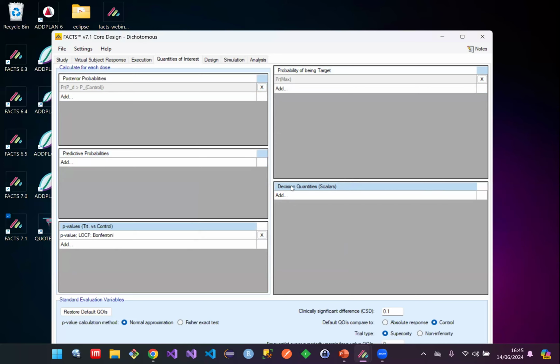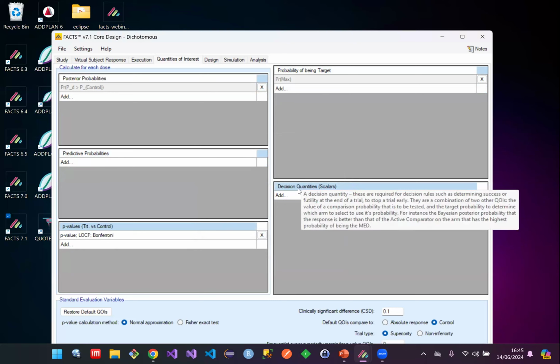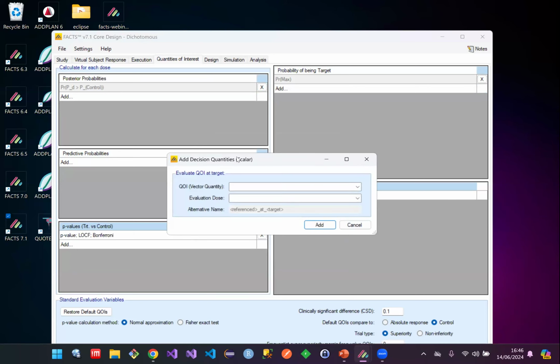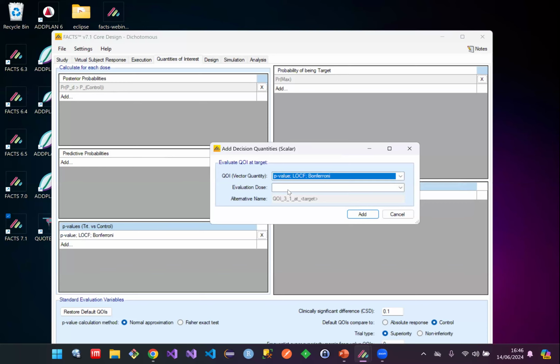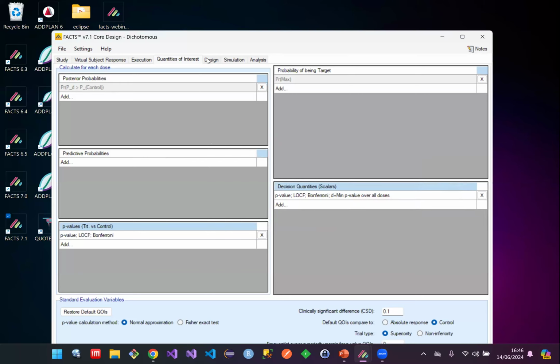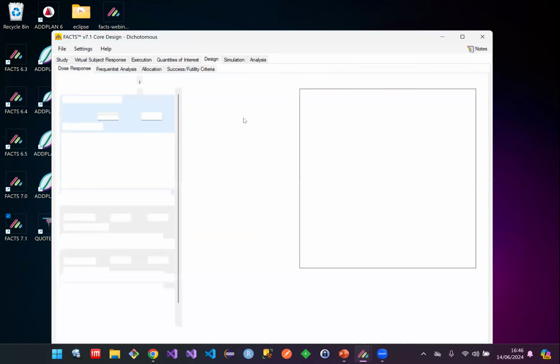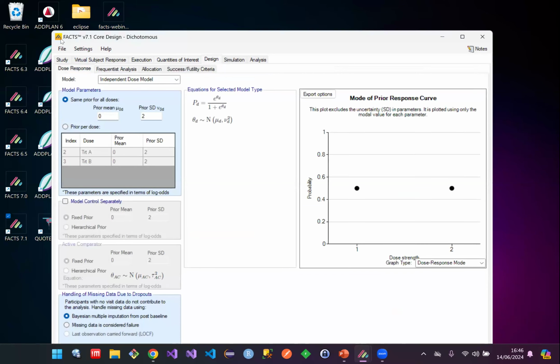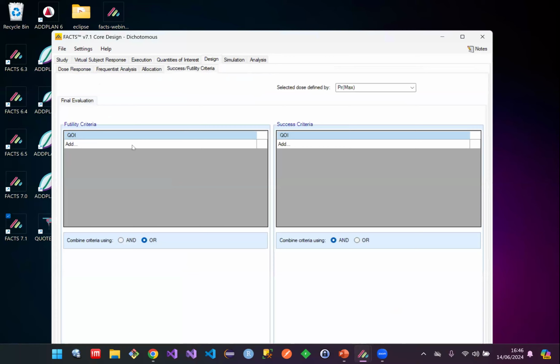I'm also told when hovering over the decision quantities that this is the place where I specify my decision rules to be used in the stopping criteria, including the final analysis. So I'm just going to create my p-value and take the minimum p-value over all the doses. And we're just going to do a p-value calculation for now. So we're not interested in the dose response tab. I'm going to go straight to the success futility criteria